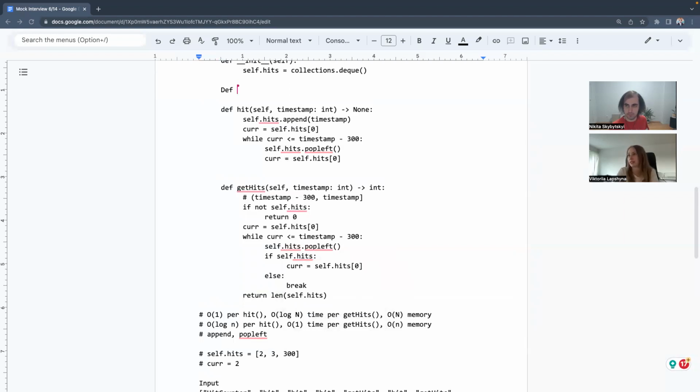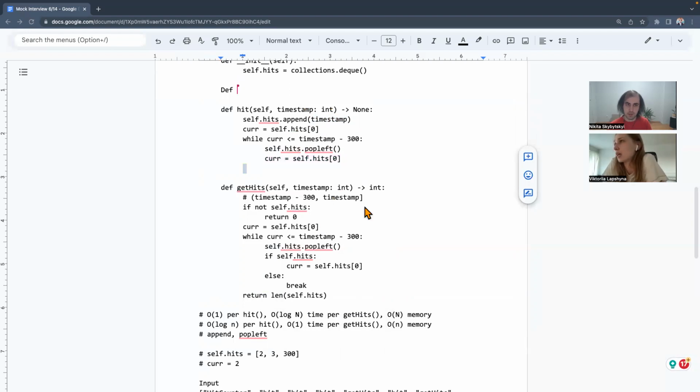Although actually, it can also be empty here, right? So it will not be empty here. Well, we know this timestamp can. We will never erase. Oh yeah, it will, because it's... Yeah, that's true.